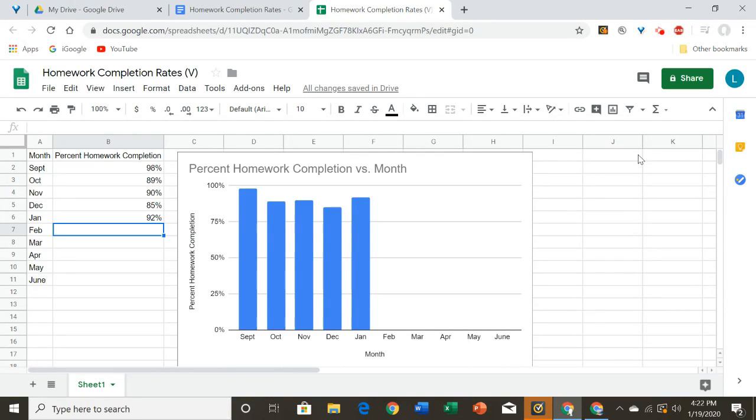In this video, I'm going to show you how to copy a chart created in Google Sheets into Google Docs and to link it so that if you update it in Google Sheets, you have the option to update it within your Google Doc. So I have created some sample data here of percent homework completion by month, and you